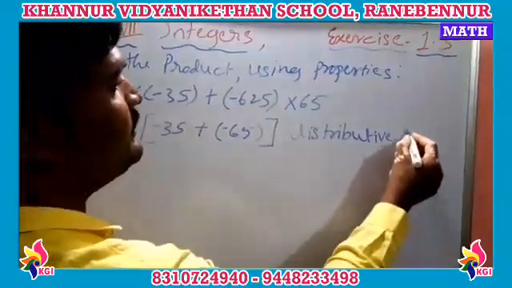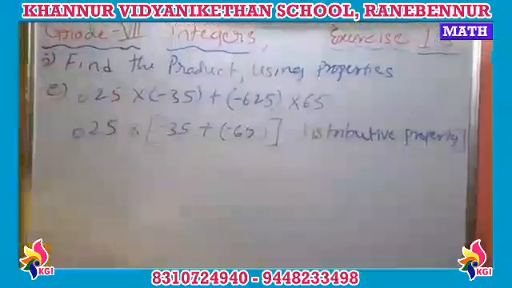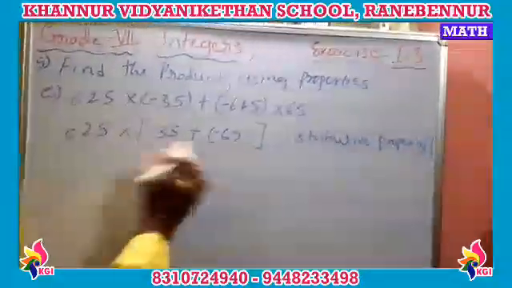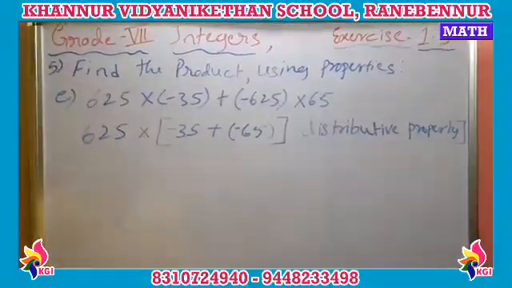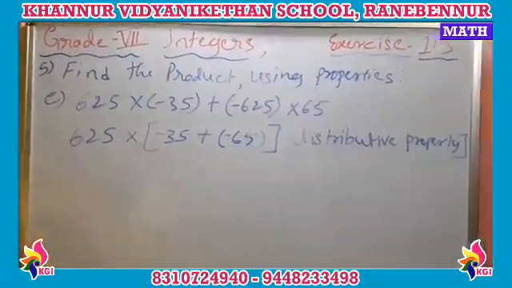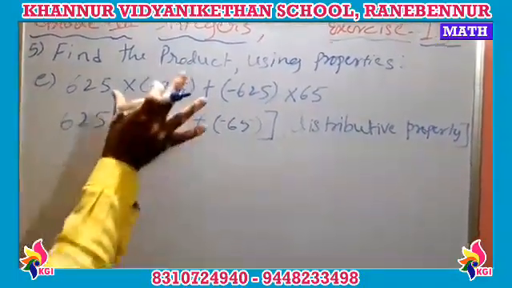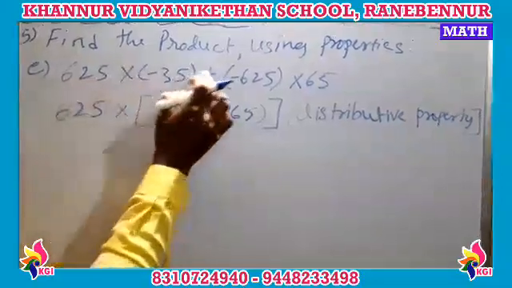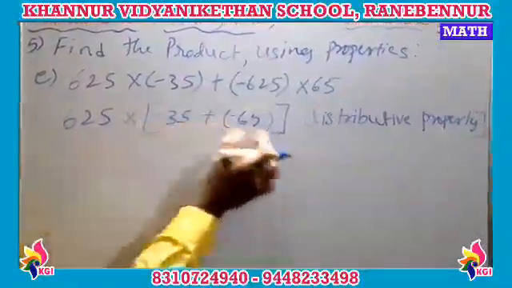Okay. Distributive property. What the distributive property says is that a(b + c) equals a into b plus a into c, right? So that is the reason we write it at the top: a into b plus a into c. That is what has been mentioned here as a(b + c).